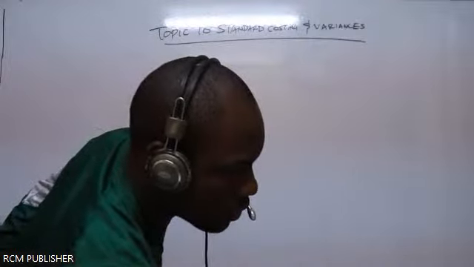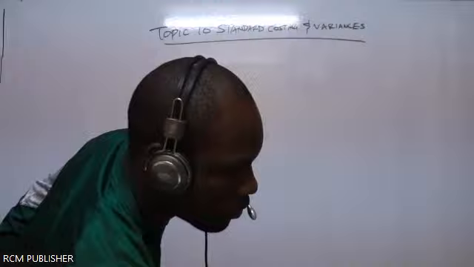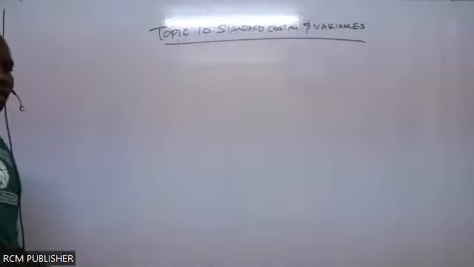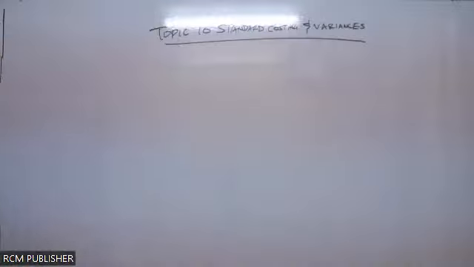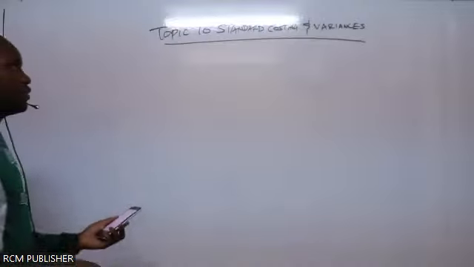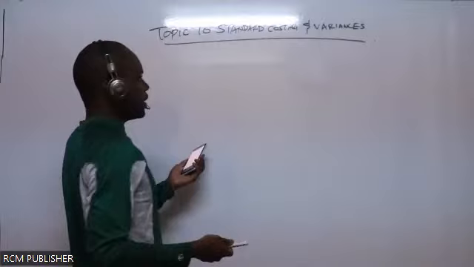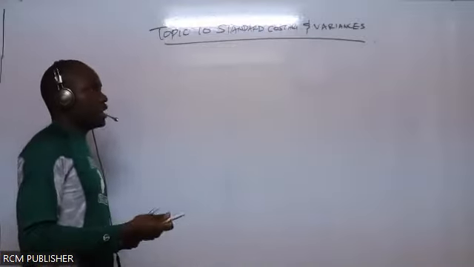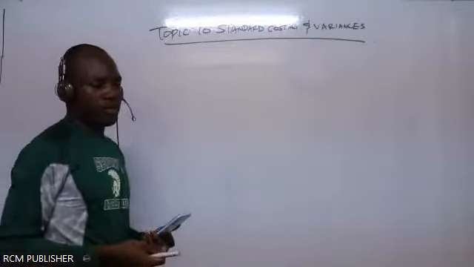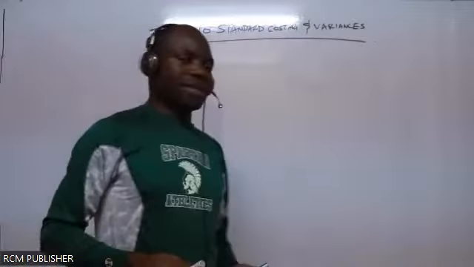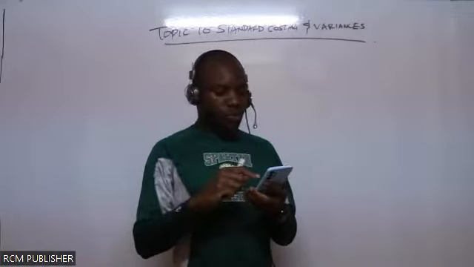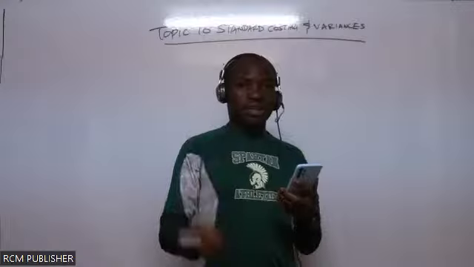Okay, so when we now look at topic number 10, standard costing and variances. Of course, the standard cost card, we know how to prepare it. We did that yesterday, and even reached the point whereby we are preparing the variances. Now, if you look at what was tested there in December